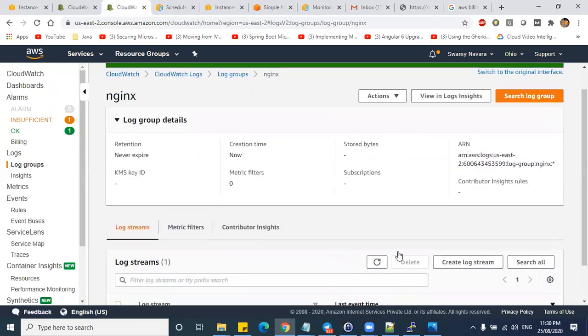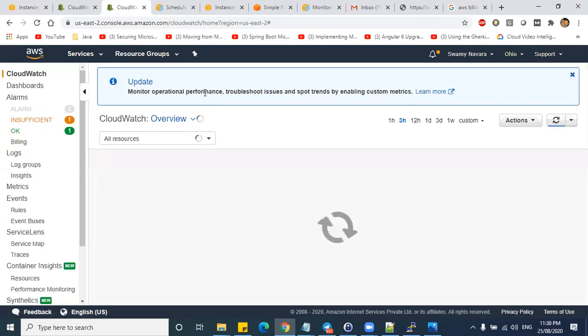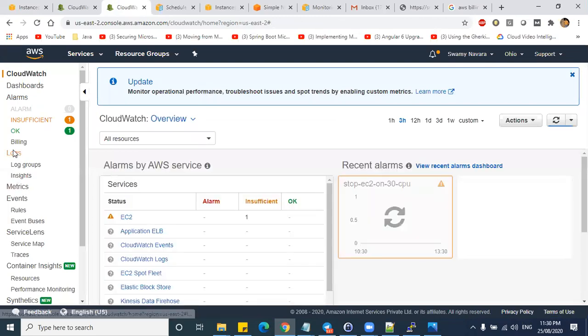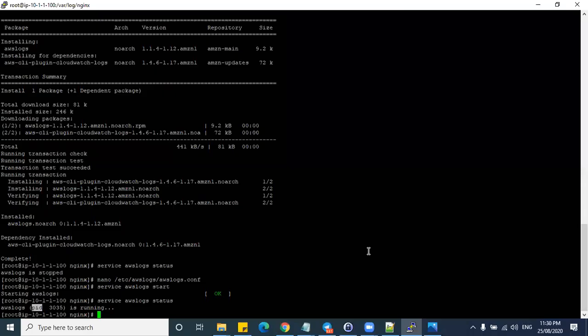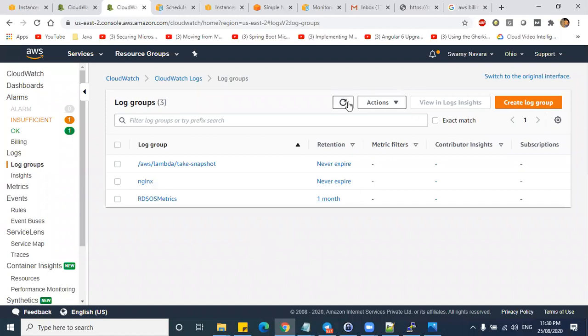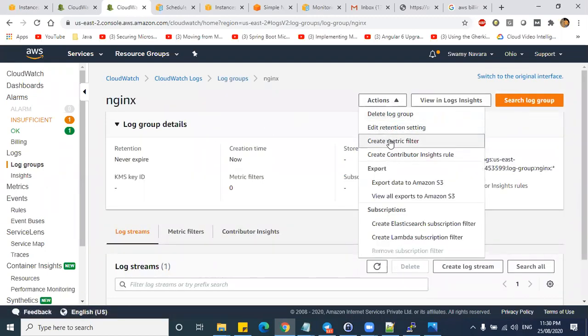So I guess it should be picked up automatically. If it is not picking up, then you need to create a metric filter.